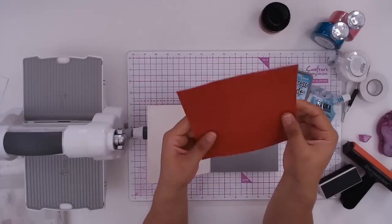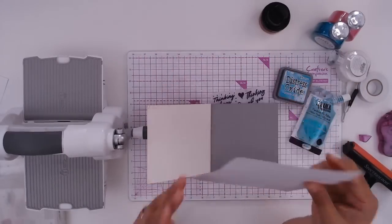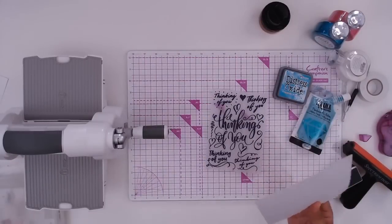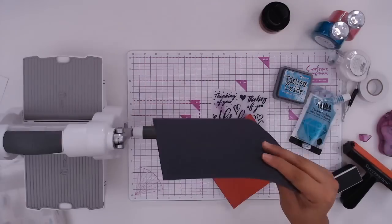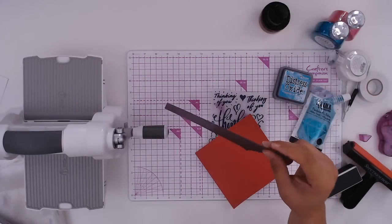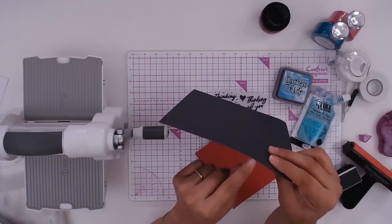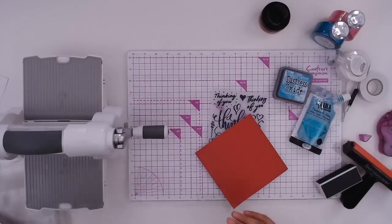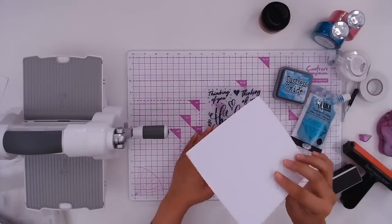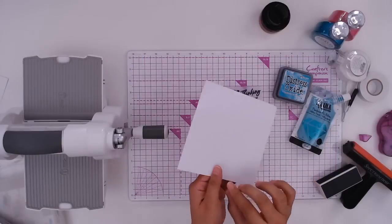And I didn't have any on hand, but you can still use any cardstock that has this white backing. So that will work. You can't use cardstock that is a solid color. Sometimes you can see the edge, so if you turn the edge of your cardstock and you see any white in between, then it is a white core cardstock, but this one is not, so this technique won't work with that. You're definitely going to need white core cardstock, or there's also craft core cardstock,